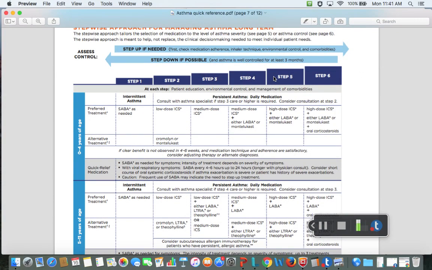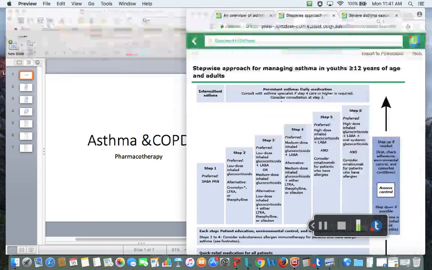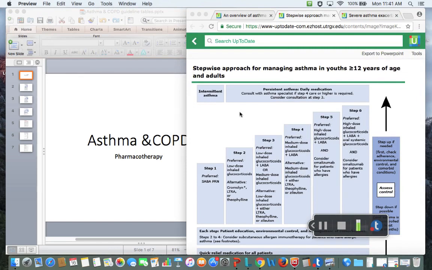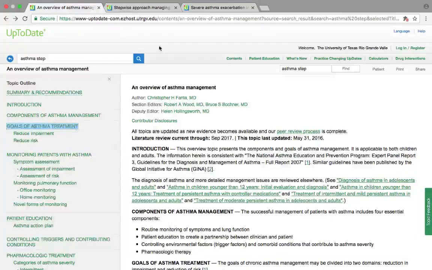So I provide both because in the past, some students really like this chart. They hate the other one. Some students like the Up to Date chart. Either way, my feelings aren't going to get hurt. I don't care what you all study, just as long as you study it, right? So whatever. I'll provide both to you. Up to Date you have, but then I'll provide this quick reference NIH PDF to you guys so you can have that to study from. I think they're both good and they have a lot of good information, but look at either one you want. The other quick thing I want to note with Up to Date, if you go here,